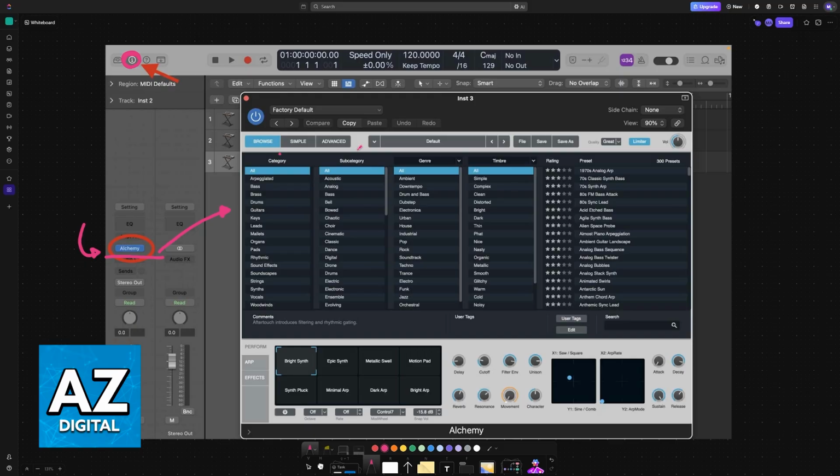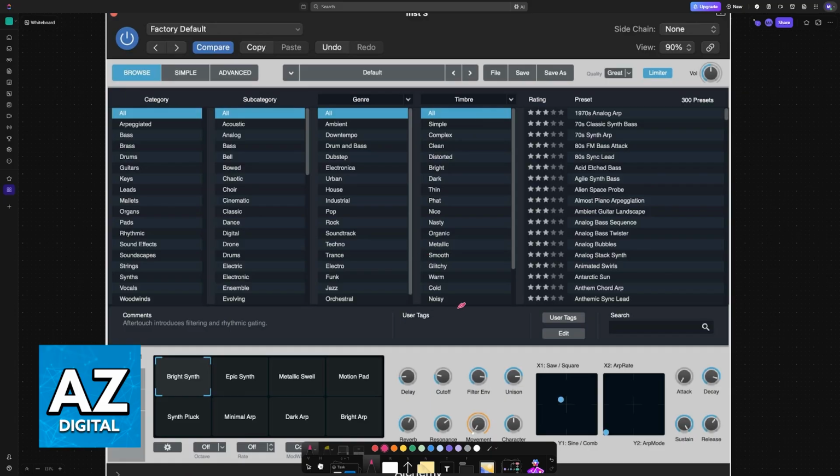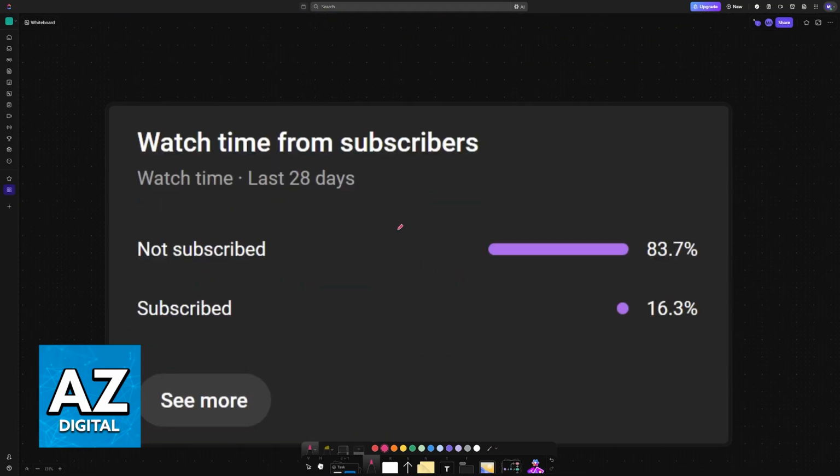So you will have categories, subcategories, genres, timbre, and you can filter all of them. You will see other options here at the bottom as well, and various different controls. So you can open the browser, filter by category, and once you have loaded a preset, you will see the transform pad in the center of the window. You will have simple controls and you can use any of these alongside your track. So choose them from the list and make sure that they are applied.